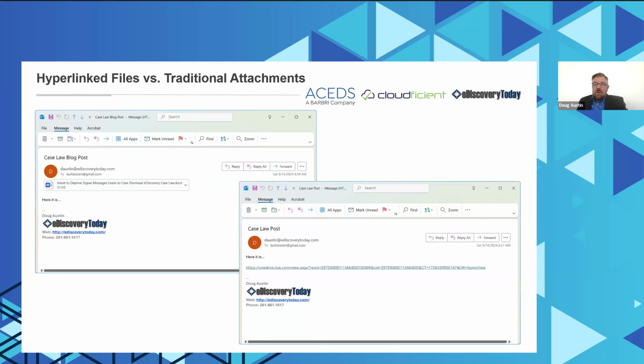So John, can you talk a little bit about how the move to the cloud has impacted the frequency of hyperlinked files in organizations? Yeah, so one of the things that Rich mentioned was the fact that IG teams are really pushing people to work this way. It's more efficient for the end users. It's more efficient for IG teams and honestly IT teams in managing that data. But there are a few other things that have come into play as well.